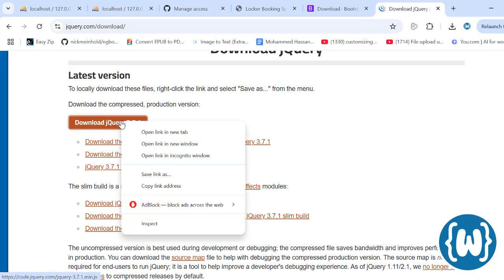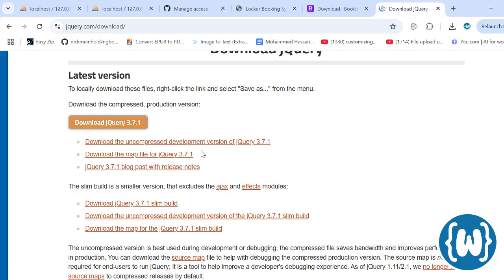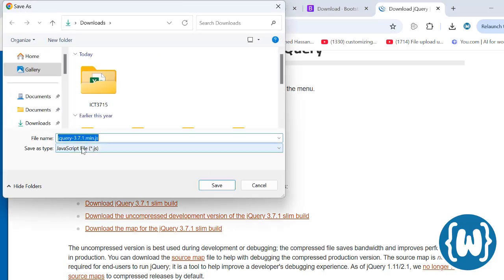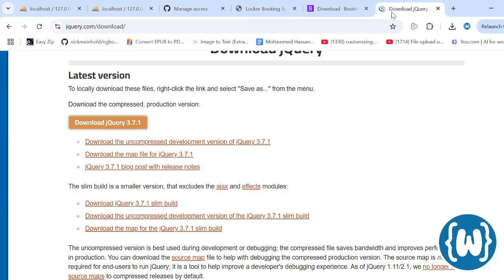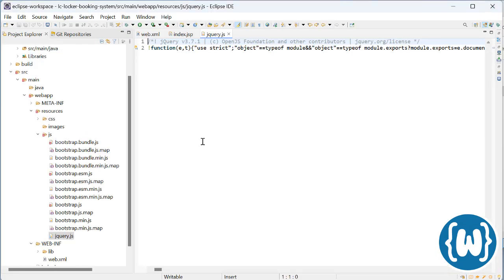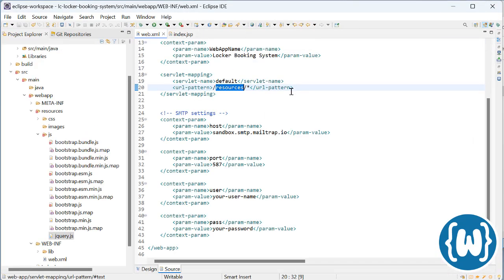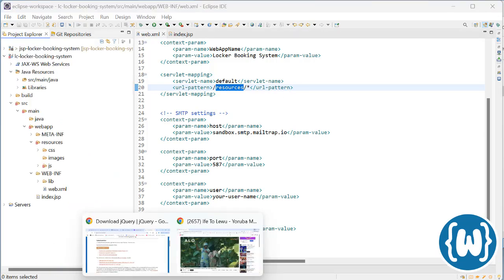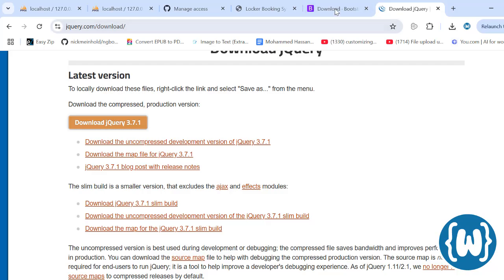You can also right click this and save link as, and then you give it a name. Yeah, you can save it as this, jQuery 3.7. Anyhow you want to save it is the same way. Either you use the copy and paste or you download the file. So now that that is out of the way, we can